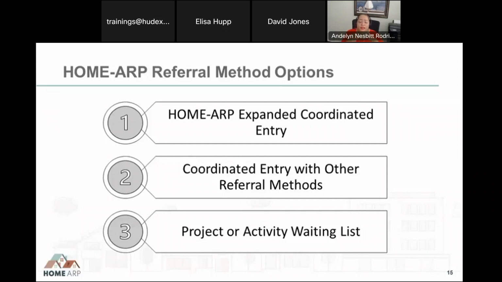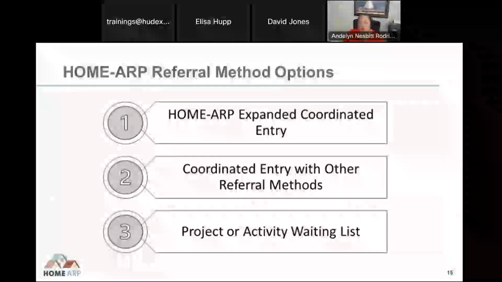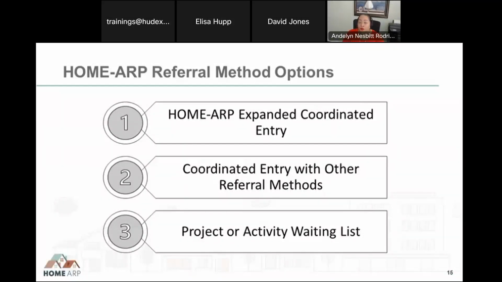We've specifically added HOME-ARP to expanded coordinated entry here to distinguish between what the standard coordinated entry is under the COC rules and what it must become under HOME-ARP if it's to be used as the sole referral method for your HOME-ARP projects. A referral method is the tool that's used to complete the intake,